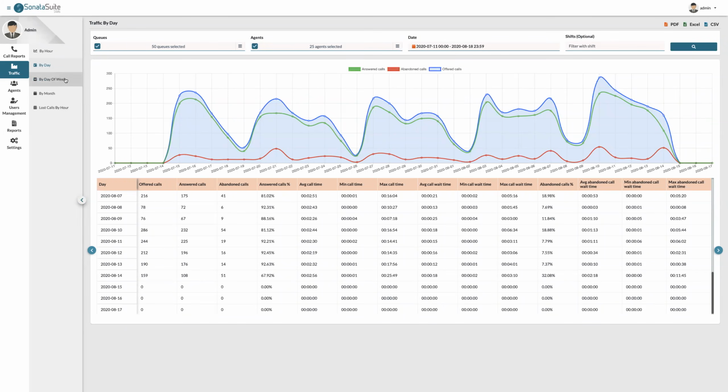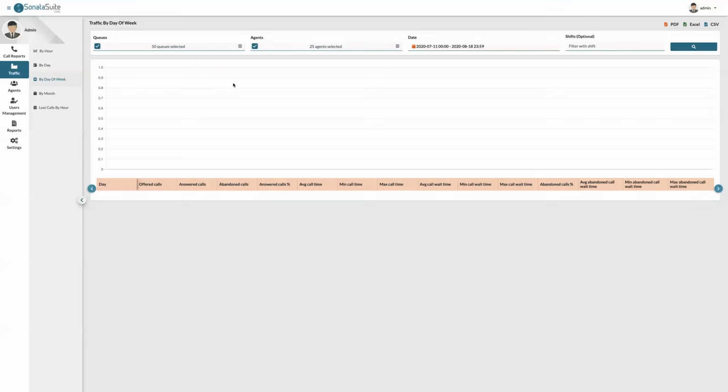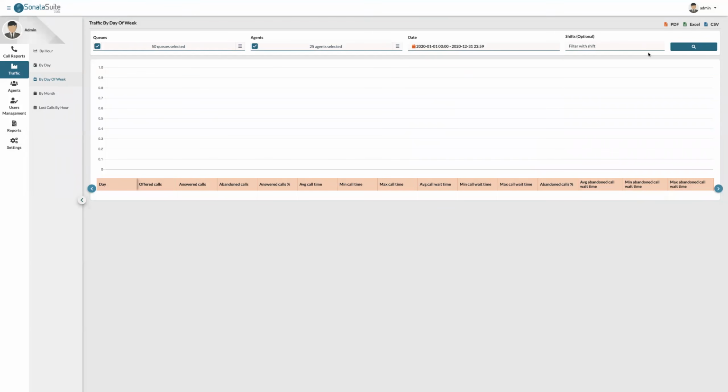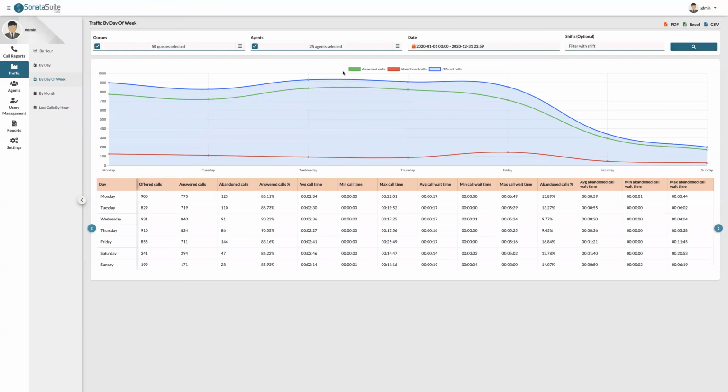Next up, we have by day of the week. I'm just going to, for simplicity's sake, change back to this year. And now I can go ahead and click on search. And here we can get the data averaged out for every single day of the week based on the date range that you have selected. This way, you can measure which day of the week is your busiest and which one is your least busy